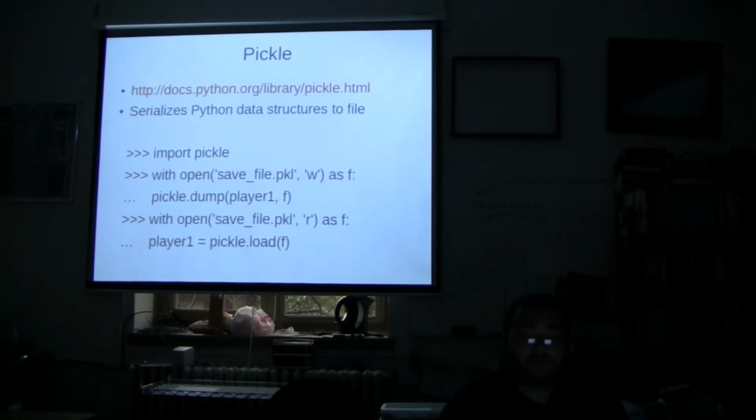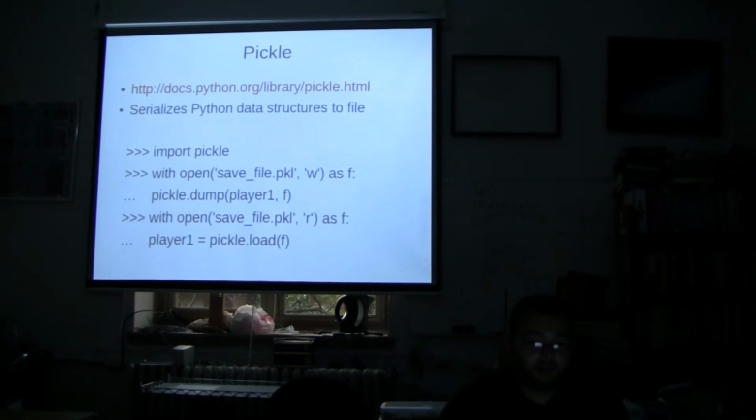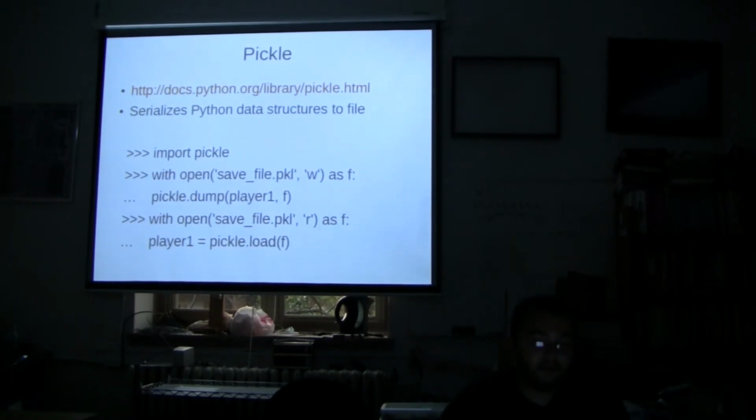Pickle is another way of storing data to disk. This is cool because it specifically stores Python data structures onto disk. So if you want to save the position of your player paddle in Pong for whatever reason, you can save that in a pickle file. You would open a file and then pickle dump whatever object it is into that file. You can also load it right back. Those are two ways: you would write the player and then read the player back in from file.